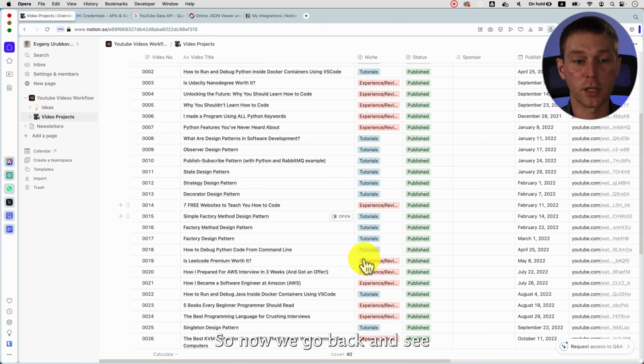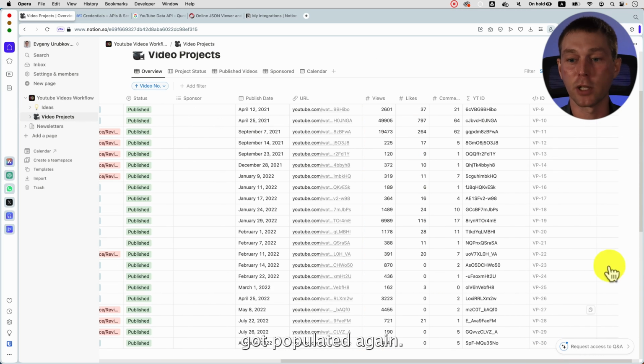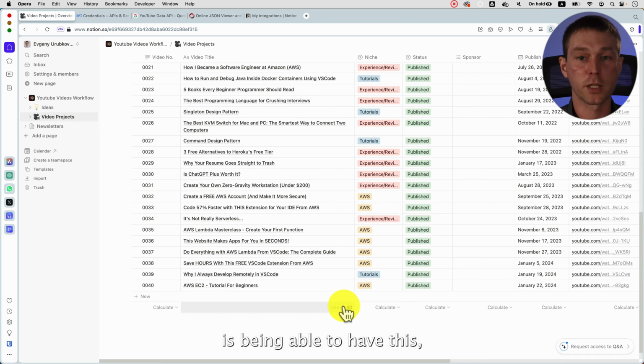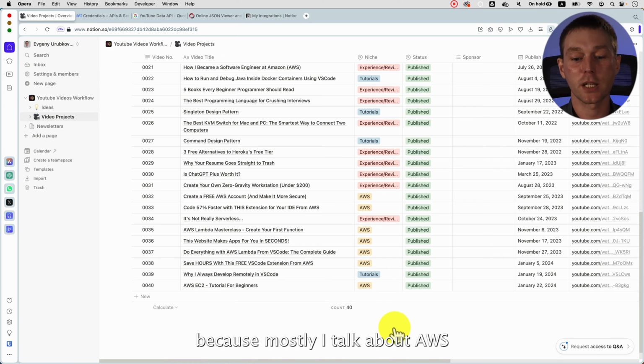So now we go back and see that everything got populated again, and I did not touch a single thing here. The next thing we want to do is have this code run automatically at a certain interval, on a schedule. And what are our options? There are a few, but I would just go with AWS Lambda, because I mostly talk about AWS, and it's quite